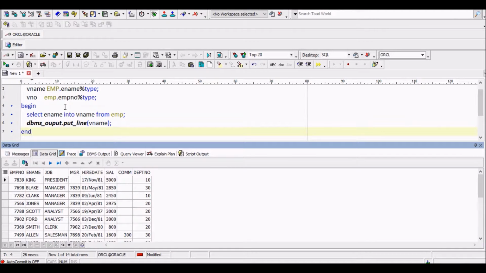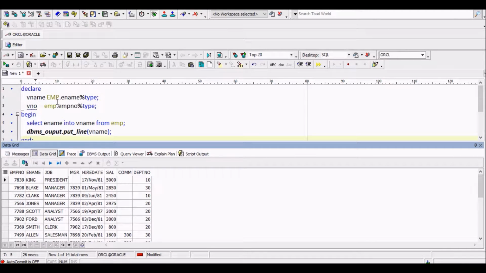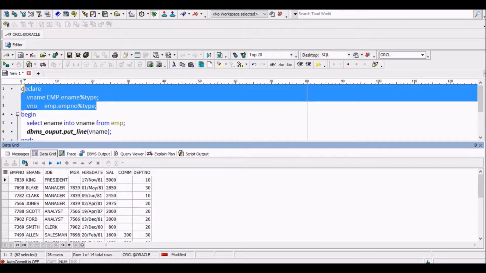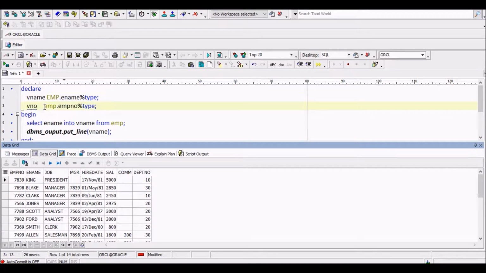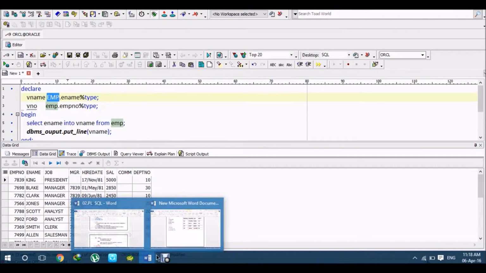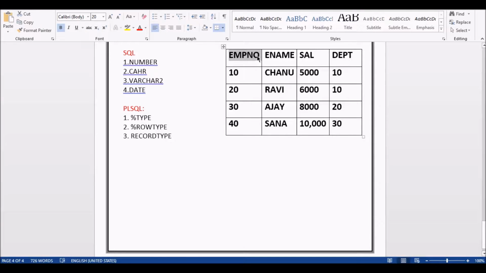So I will explain the code here. This is the declaration section, in which the variables which are going to be used in this program are declared. See here, this is the variable name, and this is from the EMP table, the ENAME column.